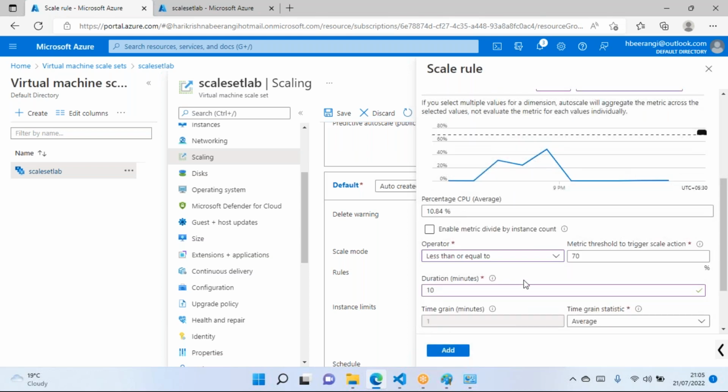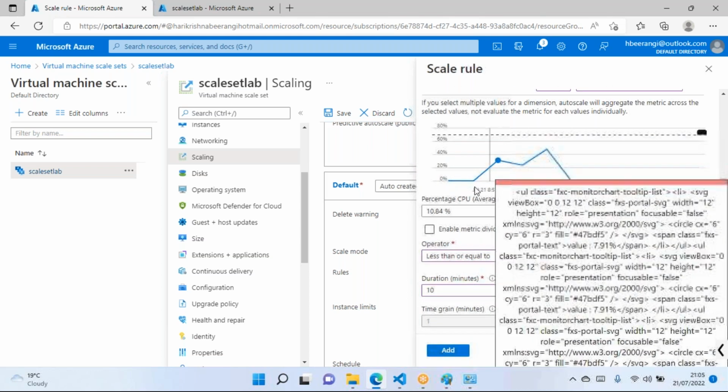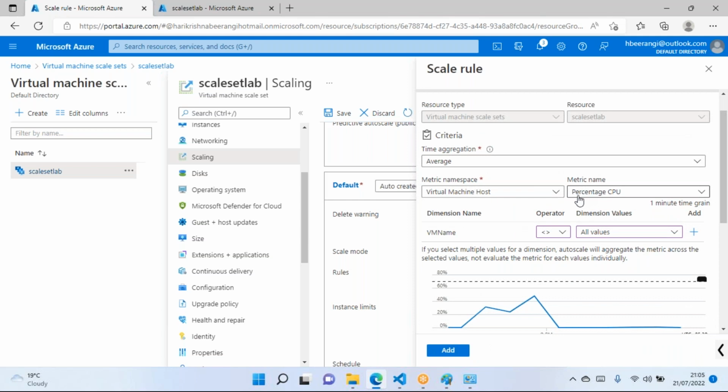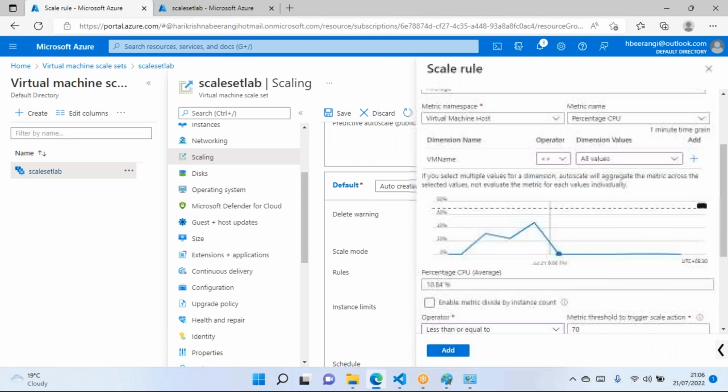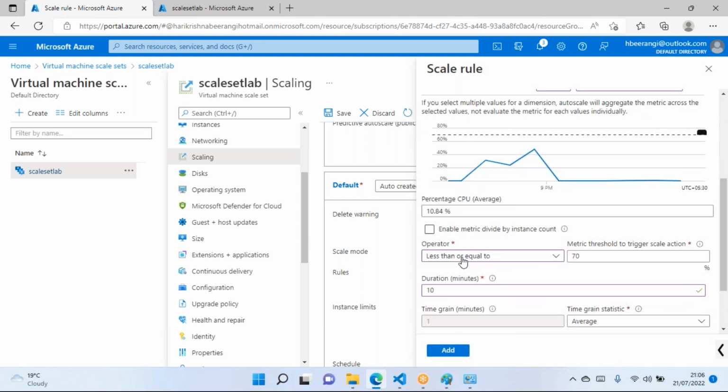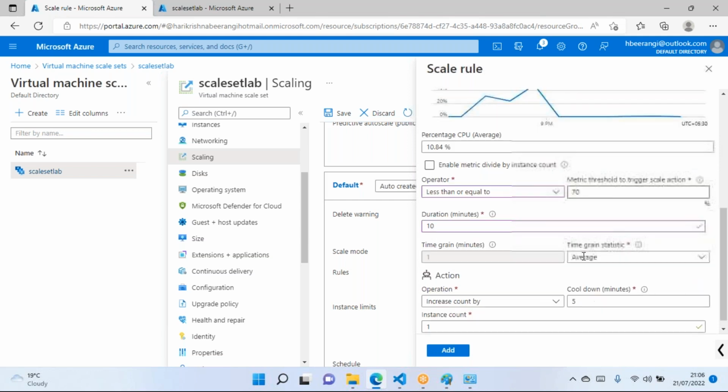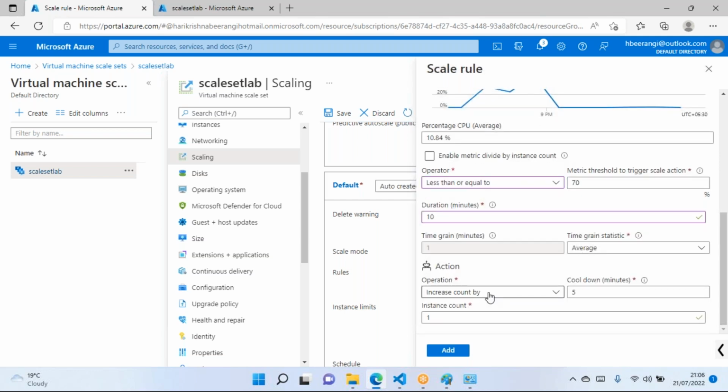And let me explain one more time. Whenever CPU utilization is less than or equal to 70%, increase the count of virtual machines by 2 instances.